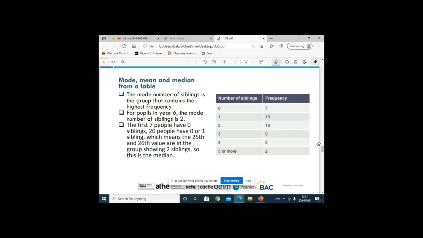So when you say what's the mode now? The mode is people with 2 siblings, because they occur 16 times. Right. So if you have to find the median